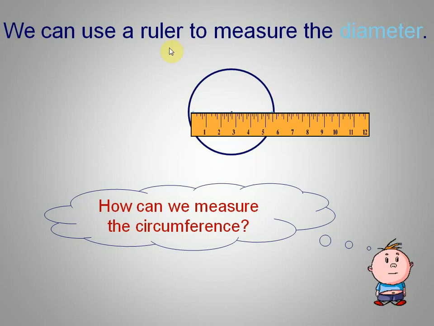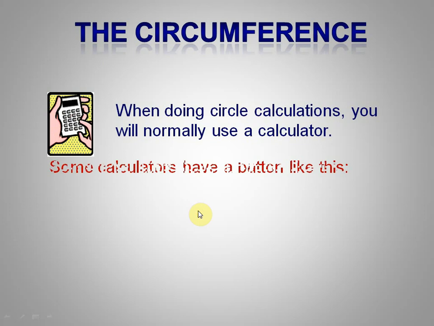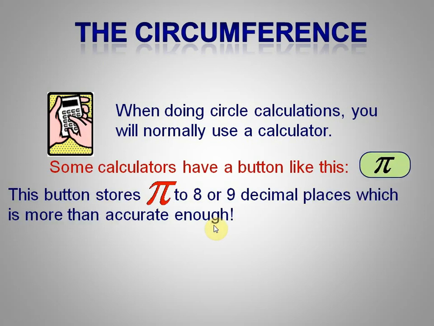Do we have any kind of tool, any kind of measuring tape to calculate the circumference of the circle? So Micro is thinking about how we can measure the circumference of the circle, but we can just measure the diameter or the radius of the circle with the scale, but we can't measure the circumference of the circle. So here are some special terms to calculate the circumference of the circle.